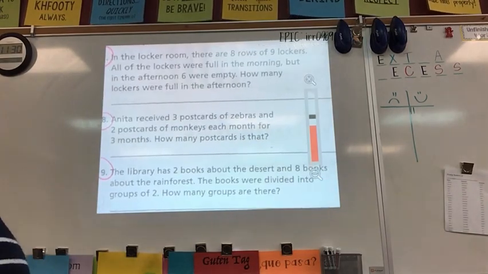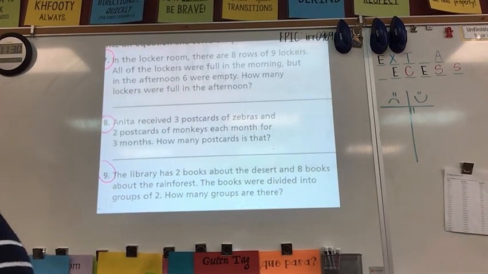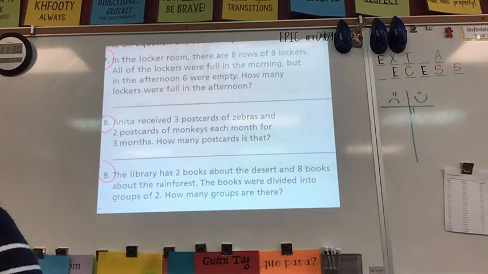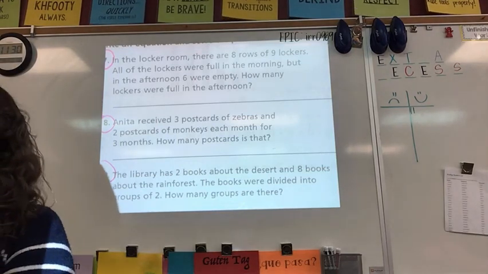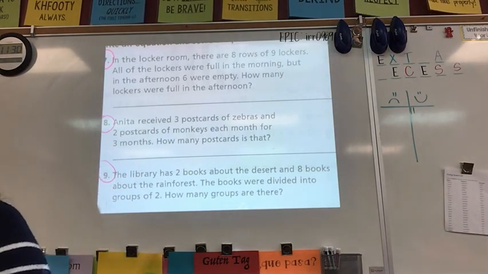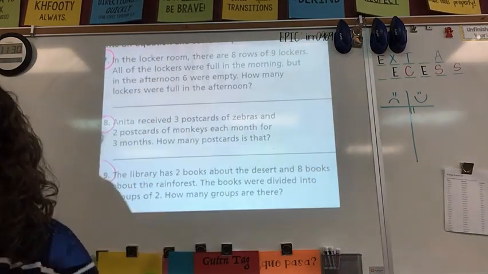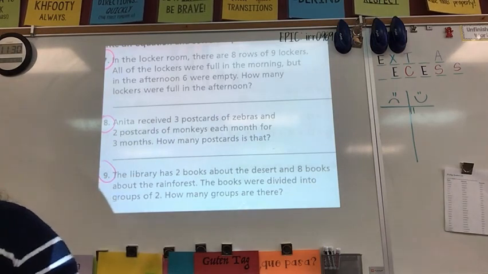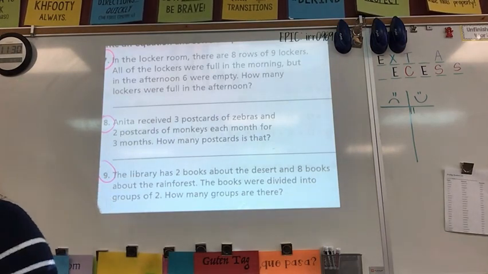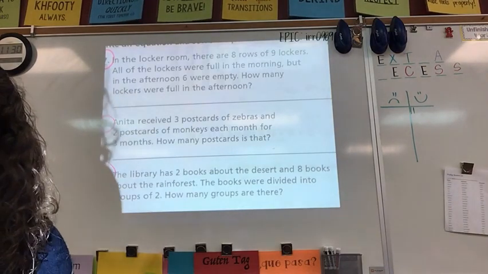Alright. I'm going to put these up here. I'm going to give you 10 minutes of work time. If you finish early, bring it to me and I'll check them. Online friends, it might be easiest to work these out on paper first and then be ready to put them in your slides. Otherwise, you can use that split screen feature from the video that I posted. But these are the 3 problems that will be in your practice problems in your slides today. Good luck. So we decided that we're going to check through these together so you can check your work and make sure you get those up on your slides. But